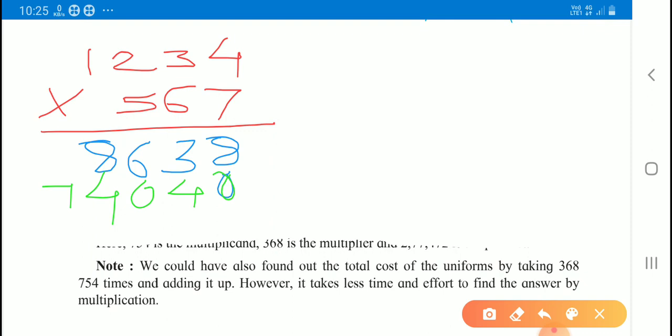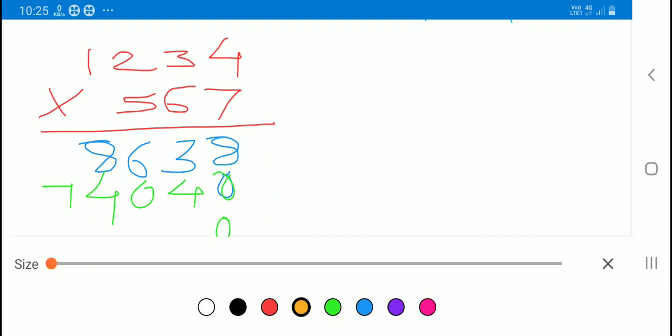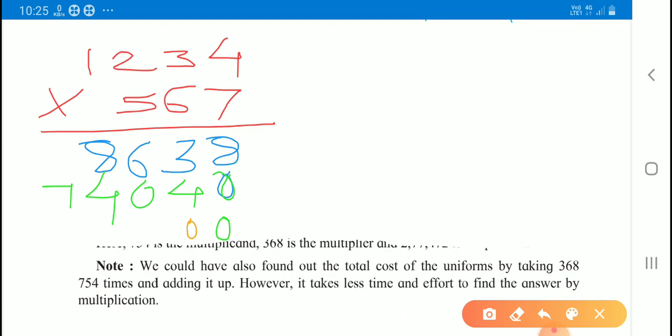Now, next is you have to multiply 1234 by 5. So, it is 100 place number. So, we have to write here 0. How many times we will write 0? 2 times. Okay. Now, 5 fours are 20. 2 carried. 5 threes are 15. 15 plus 2, 17. 1 carried. 5 twos are 10. 10 plus 1, 11. Again 1 carried. 5 ones are 5. 5 plus 1, 6.